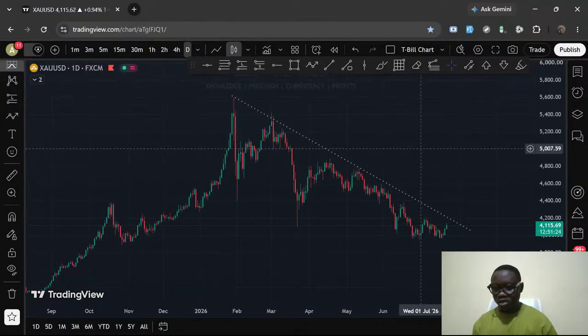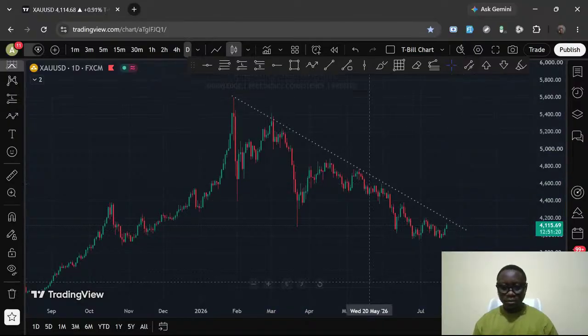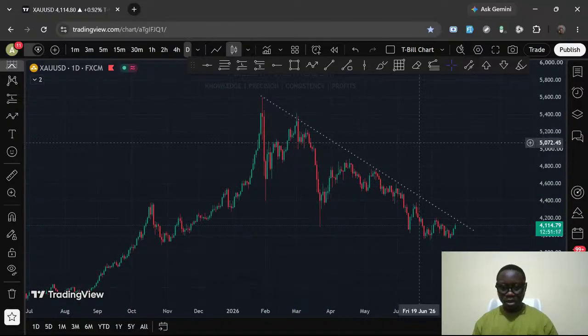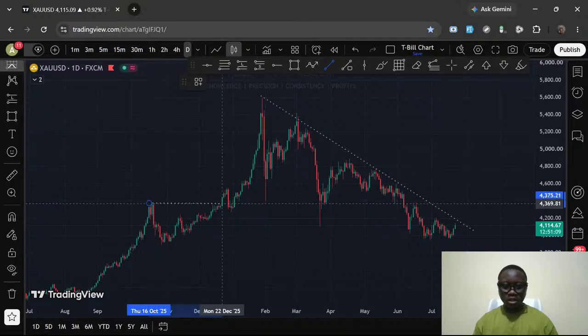Price has this break of structure to the upside right here. We have this break of structure to the upside,